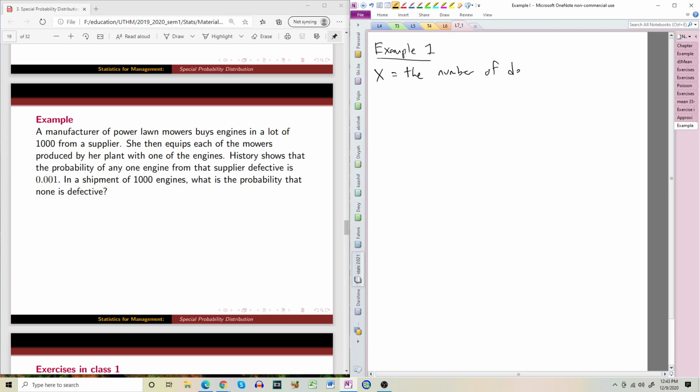The number of defective engines. If I use binomial, then the statement would be